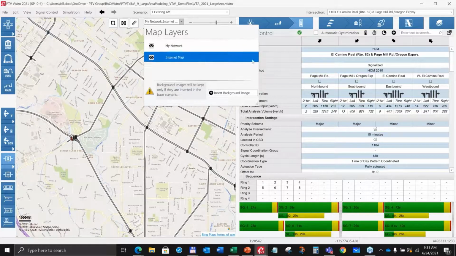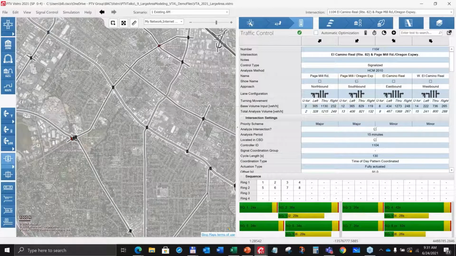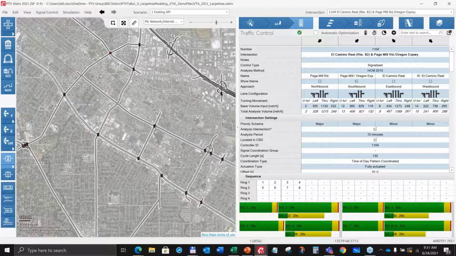As we've talked through in some of our previous getting-to-know-Vistro sessions, there's also the ability to mute some of the satellite imagery and then post things. One of the benefits of such a large network, as Eugene was mentioning, especially the consistency aspect, is that there's a model from which VTA can use Vistro for multiple purposes. One is the CMP monitoring that they're required by law to do every 2 years, where they're keeping track of existing conditions.